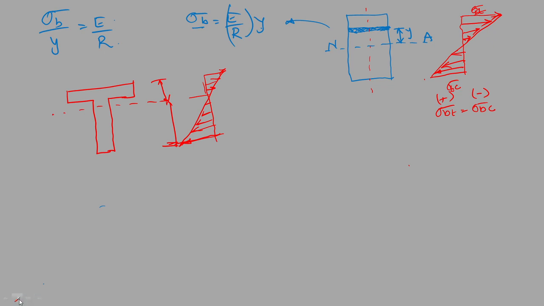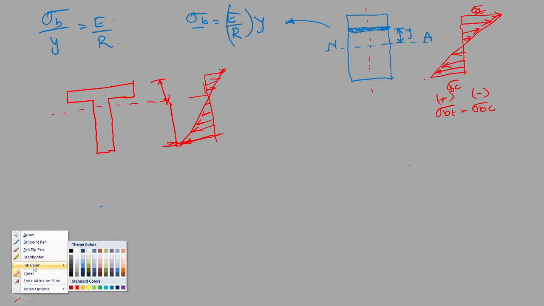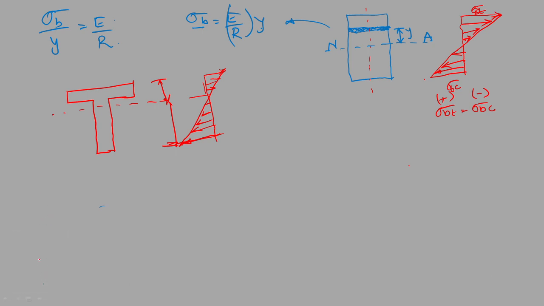Similarly, it may be a hollow I section. If the I section is symmetric, that is, the upper flange and lower flange are the same, then you will get the same value. But if the upper flange is less wide and the bottom flange is more wide, again you are going to get a different bending stress at the upper surface as well as on the lower surface. Now let us go for the meaning of modulus of rupture here.